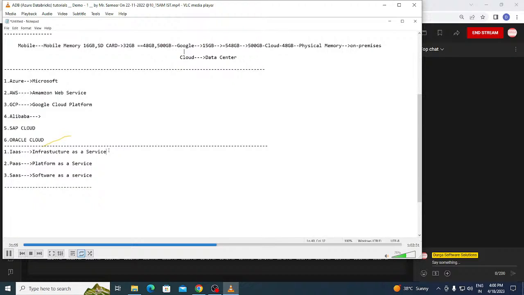Infrastructure as a service means what, guys? Suppose, as we just discussed, you require 500 GB of data to be stored. That means you require what? Space on the cloud to store the 500 GB of data. Am I right? Suppose you require all the storage, how much storage do you require? 500 GB or 1000, okay, petabyte. All of this is the responsibility of the cloud provider, and it provides this service in the form of infrastructure as a service.